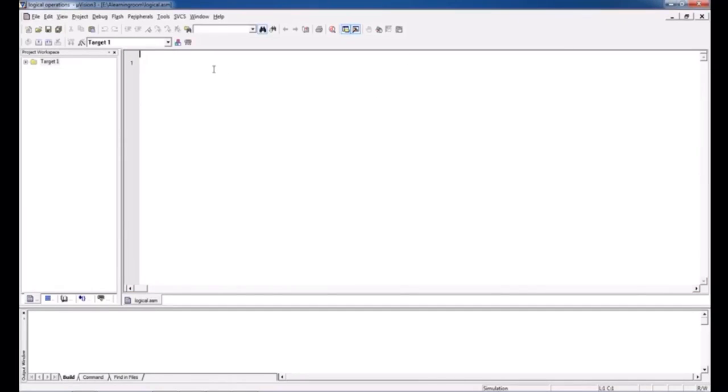This is my program name, and here I am performing logical operations between two 8-bit numbers.